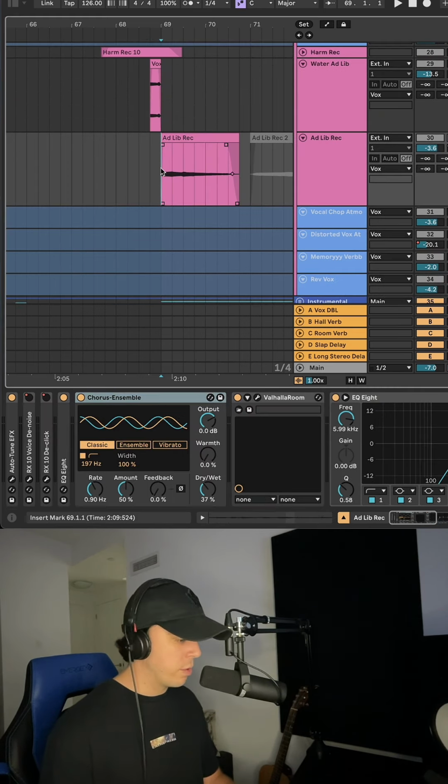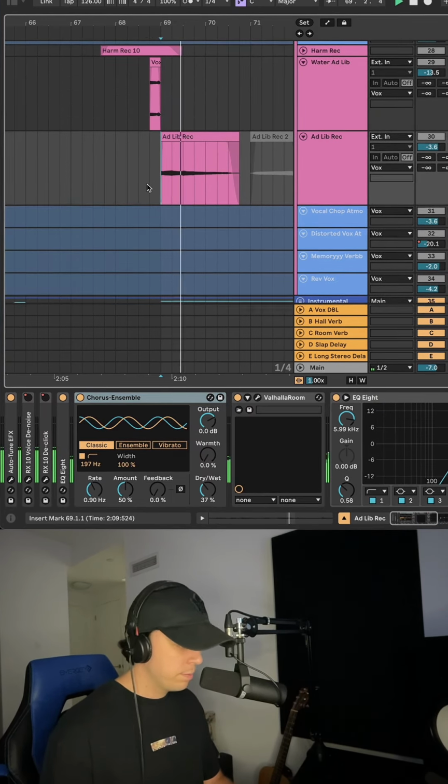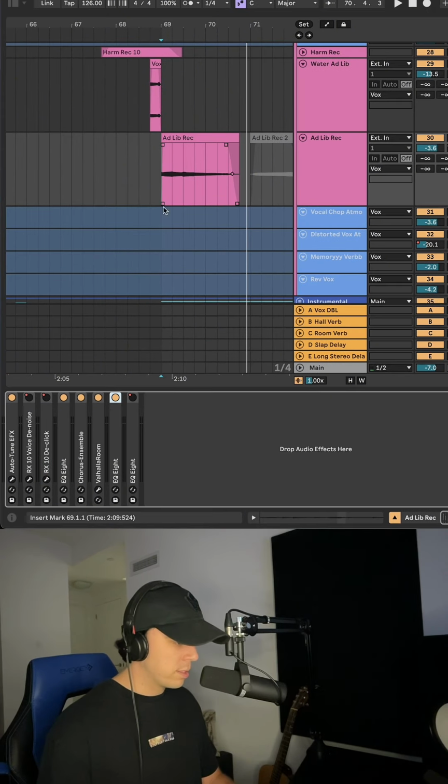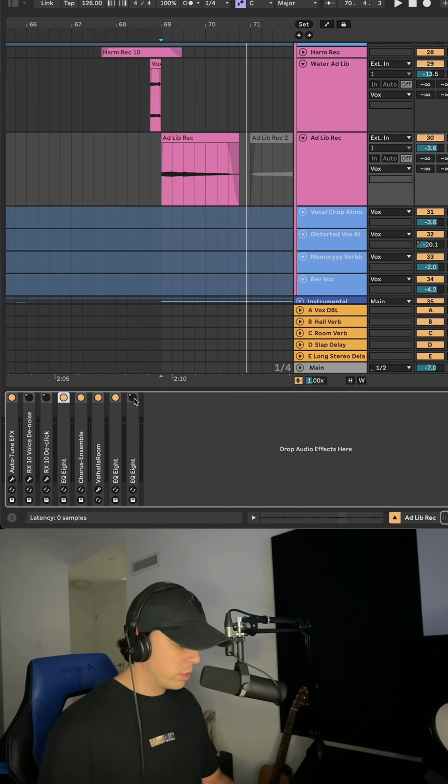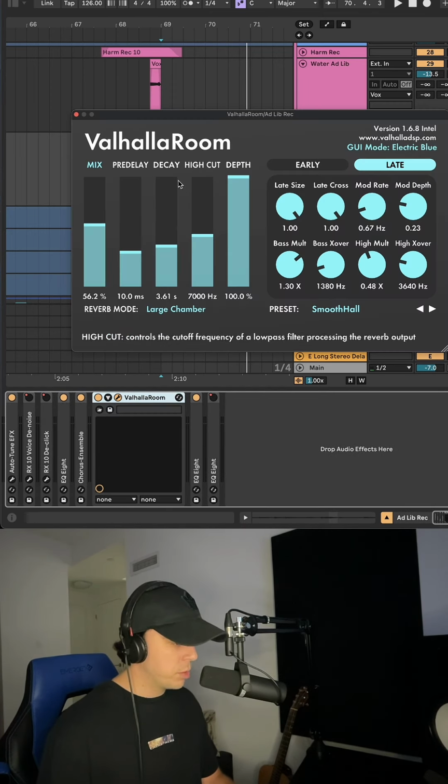And the last one is another vocal atmosphere layer that we added. The processing on this looks like a lot, but there's really only a couple plugins that are relevant to this specific point in the song. There's some Auto-Tune, EQ to cut out some of the lows, Ableton Chorus, some reverb directly on the channel, and